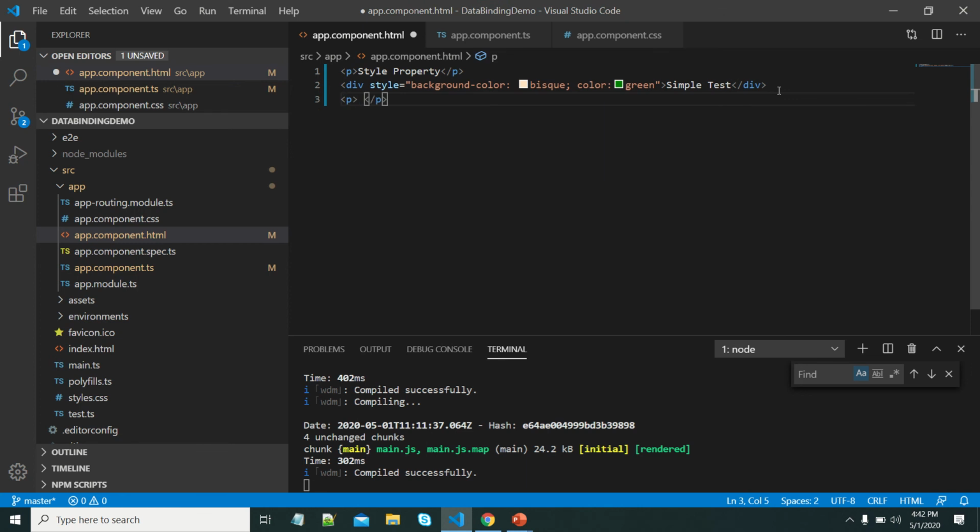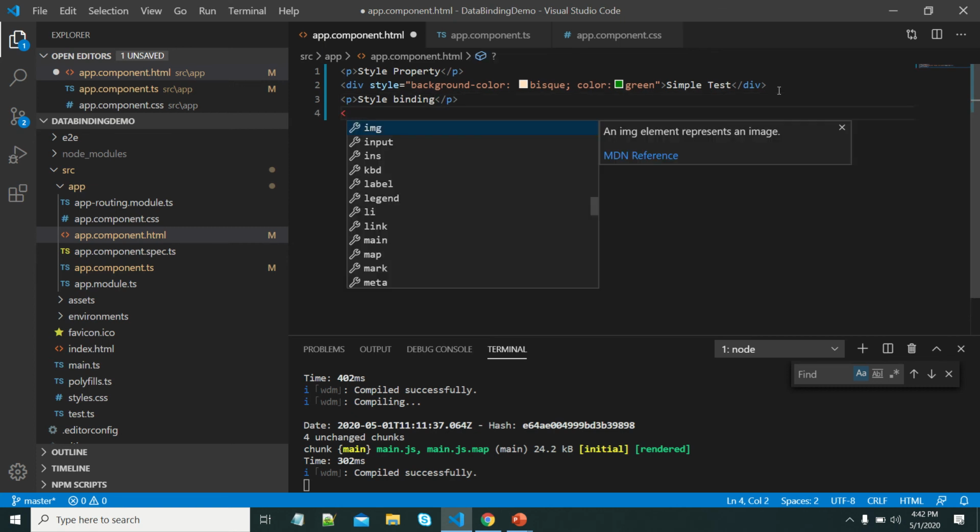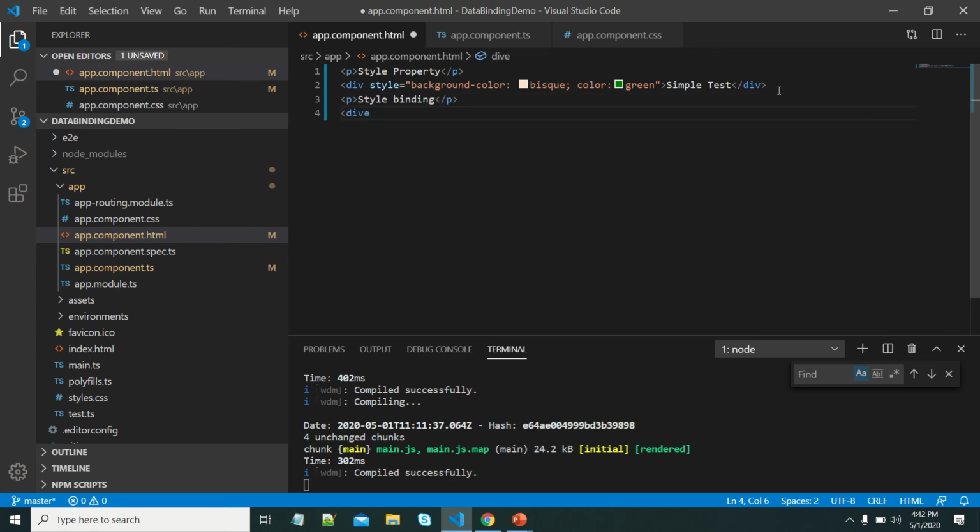Let us try to use that style binding. This text I'm just writing to differentiate between the previous one and the current one. Let me use the same div tag only.